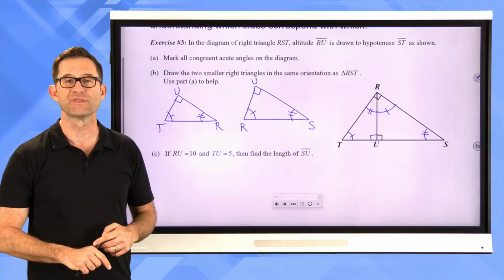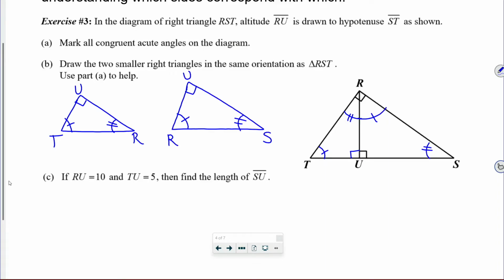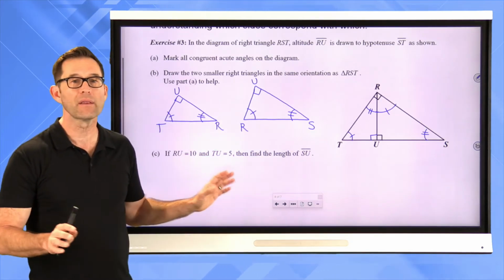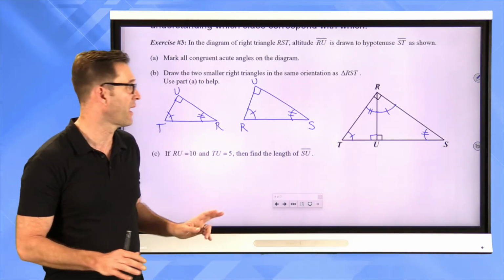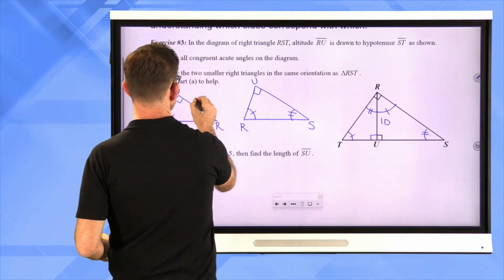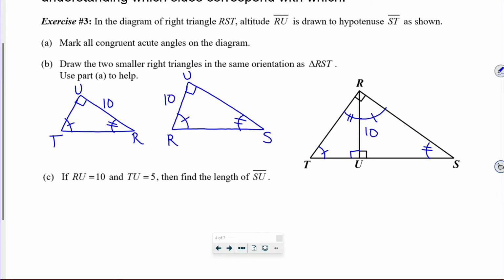Now let's take a look at letter C. If RU is 10, and TU is 5, find the length of SU. All right, let's start to label things. Now, I'm gonna label these two lengths everywhere I can. RU is 10, so there's a 10, there's a 10, and there's a 10. RU is showing up everywhere here. TU, that's 5,